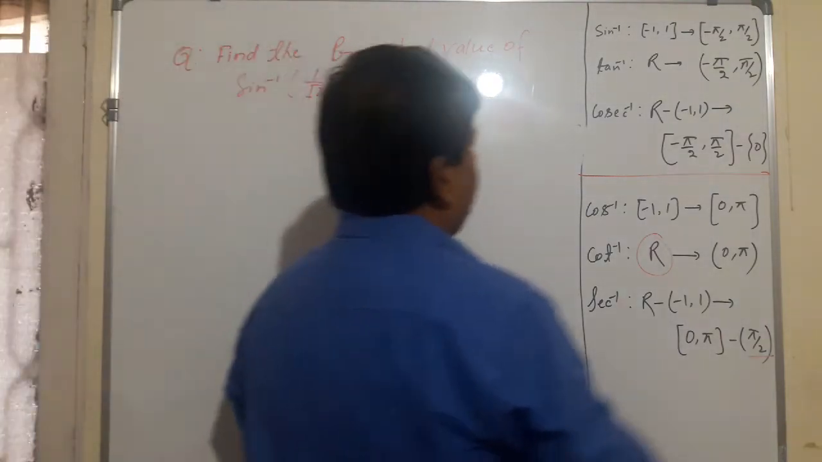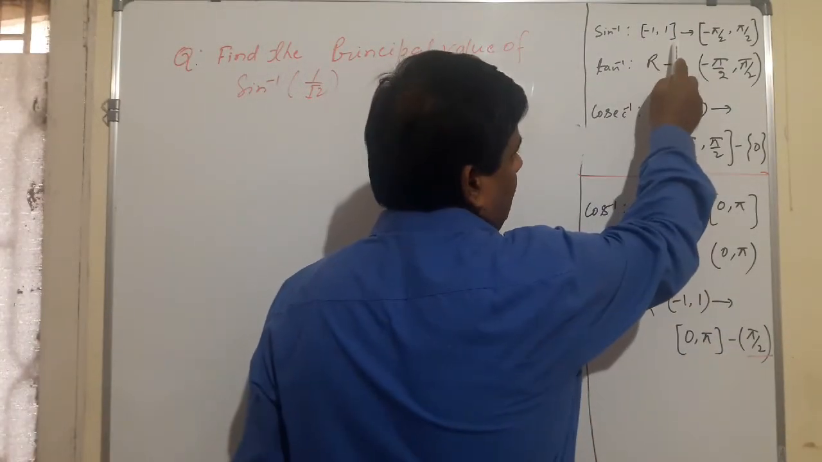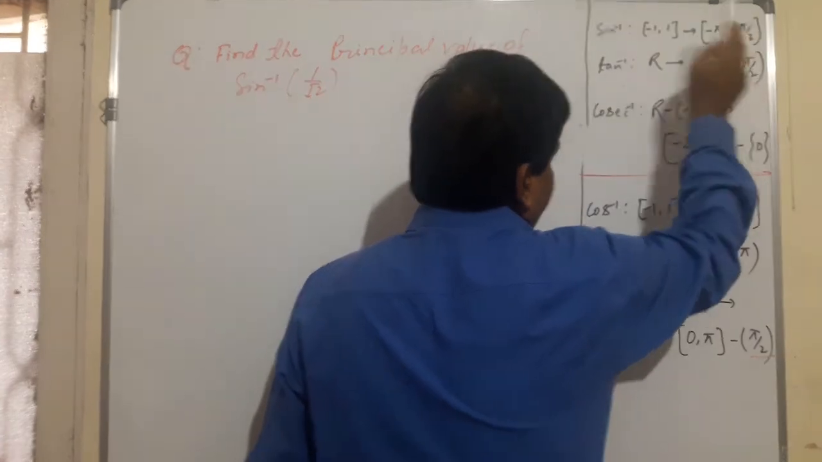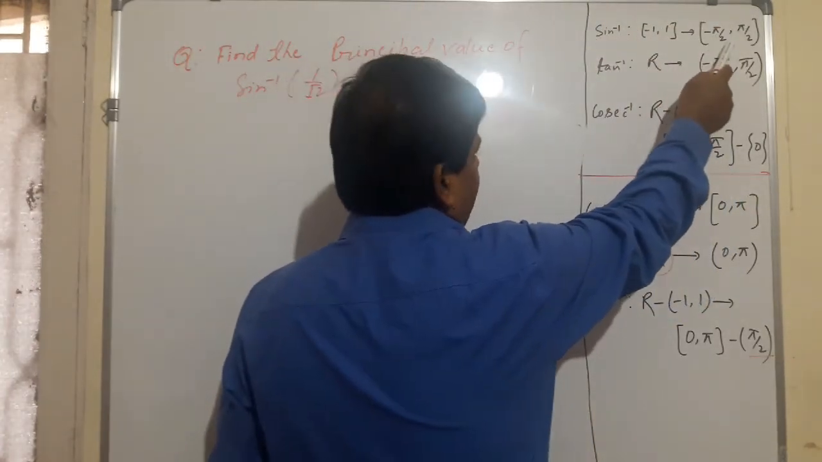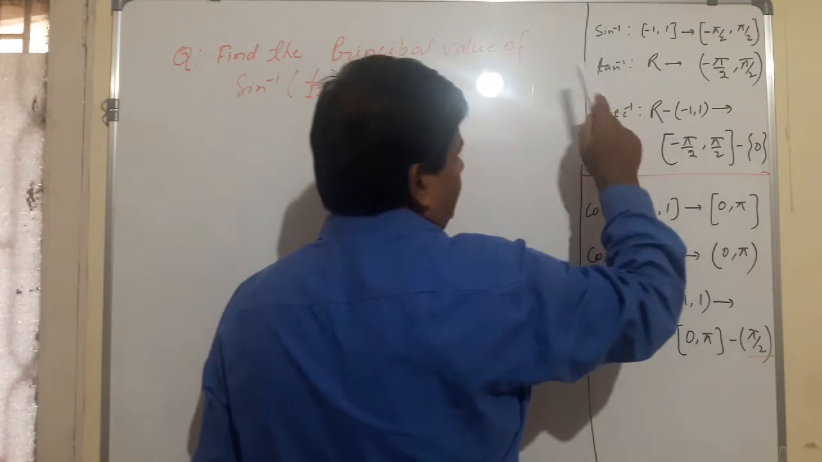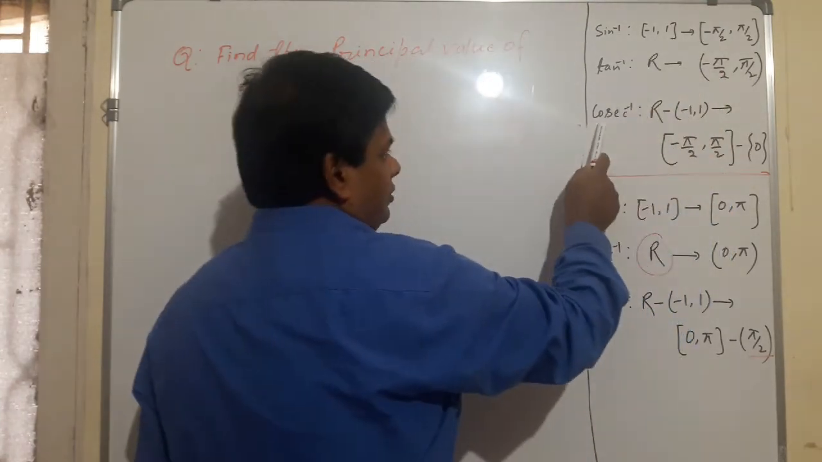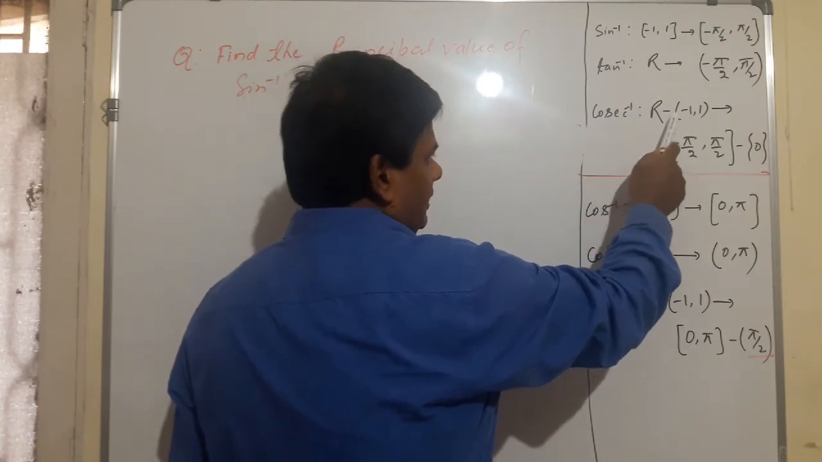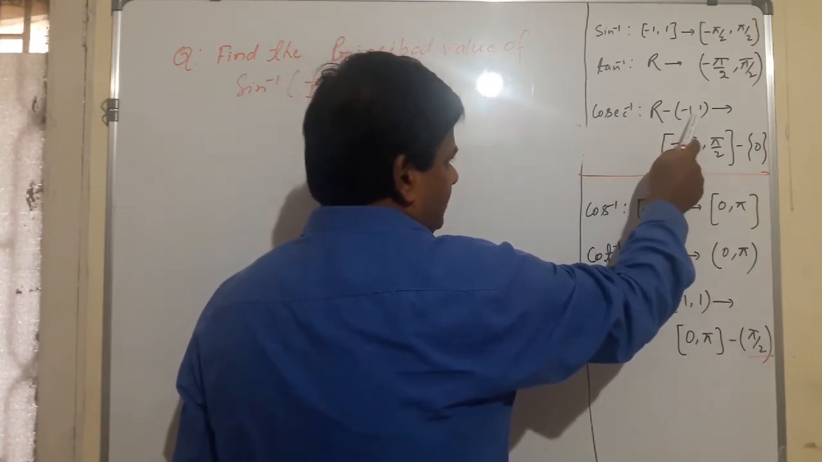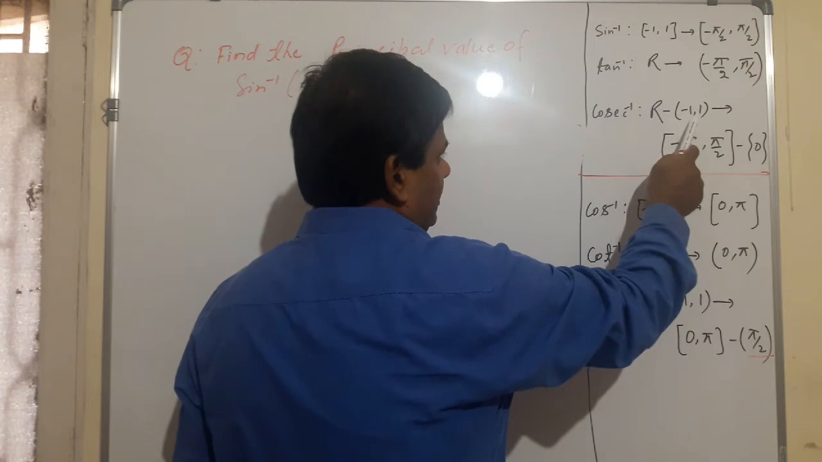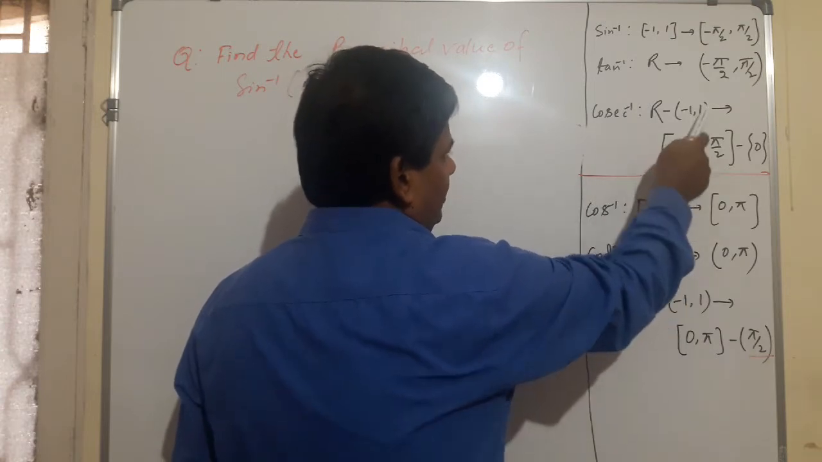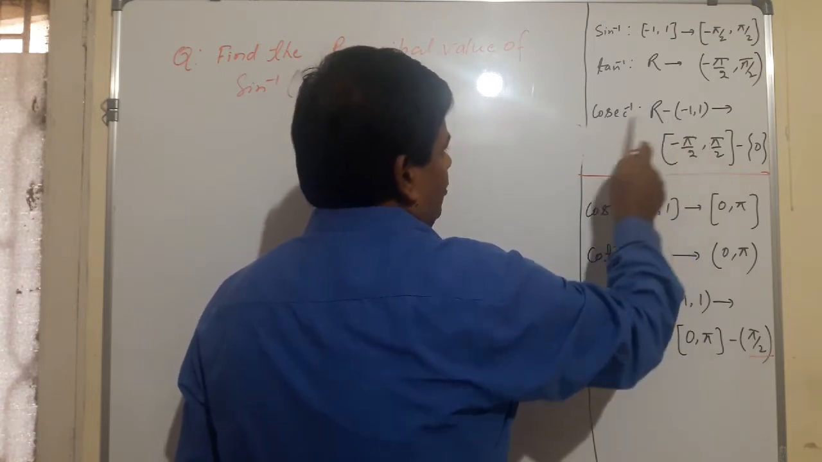Sine inverse: domain minus 1 to 1, principal value minus pi by 2 to pi by 2. Tan inverse: domain R, principal value minus pi by 2 to pi by 2. Cosec inverse: domain R minus the open interval (minus 1, 1), because at this point the function cosec inverse